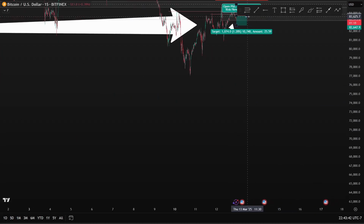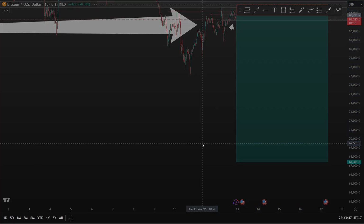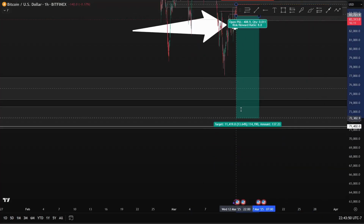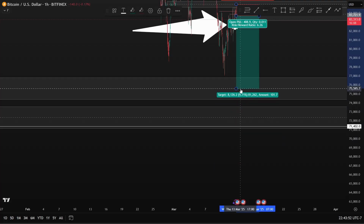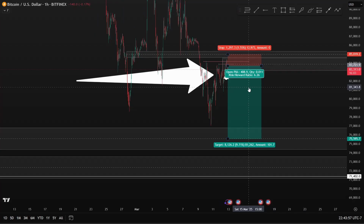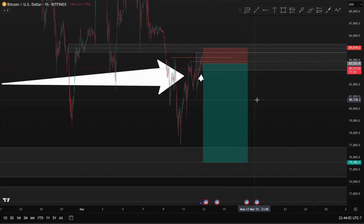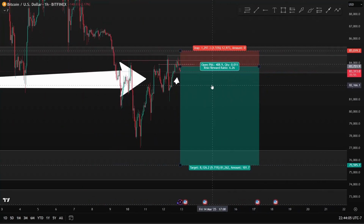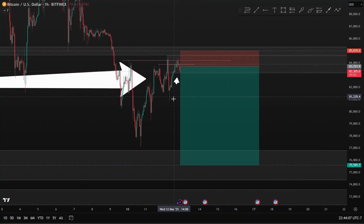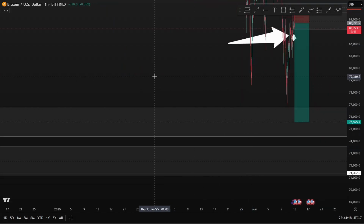And stretch this out here. I'm going to head back to the 1 hour. And my target is the midpoint of this 12-hour order block, and that's a 6.26 R trade. So we'll see what happens, see how it goes. It is heading down, and a lot of people probably wanted to get long, so there's stops resting under here that this could easily take out and go right back into this area of liquidity, which is a